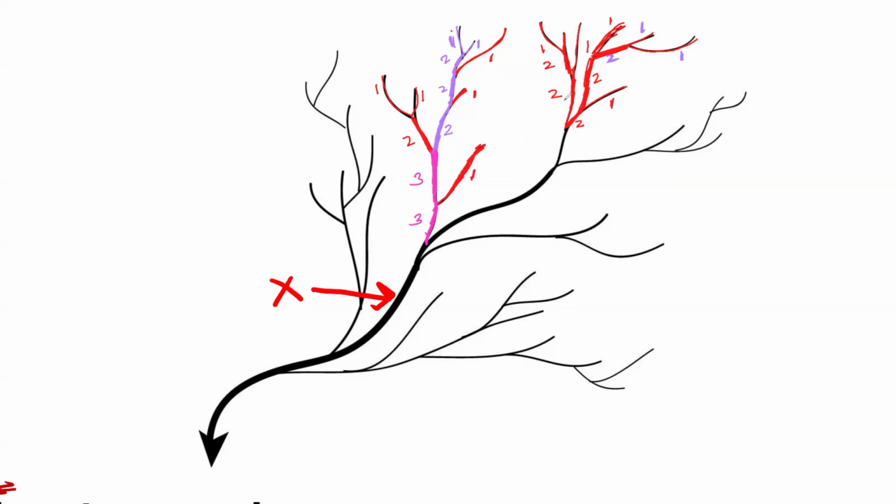Yes, sir. So this stream order 2 and this stream order 2, when they combine, they're going to form what? Stream order 3. So this stream order here is stream order 3. But this stream order 3 is combining with another combination. Let's trace that combination one by one. It's daunting, but we can do it.